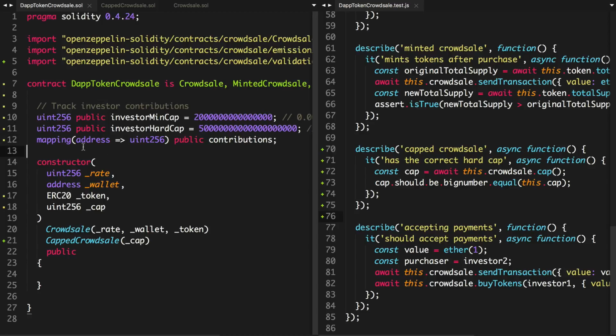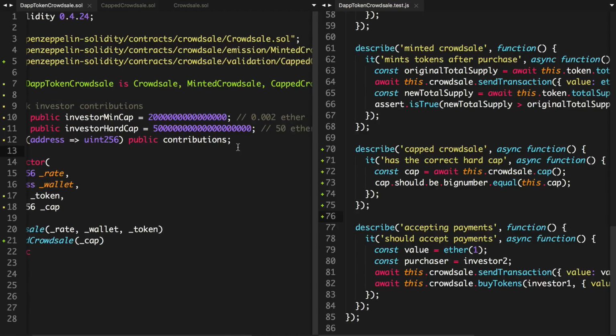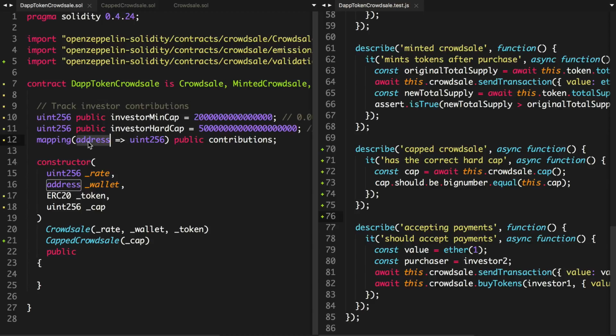And this is going to be the mapping where we actually keep track of the contributions in the crowdsale. So basically it'll be an address of the investor and their contribution amount so far. If they're within these caps, then they'll be fine. But if they're outside either of these, then we want to handle those cases. All right, so let's go ahead and write some code